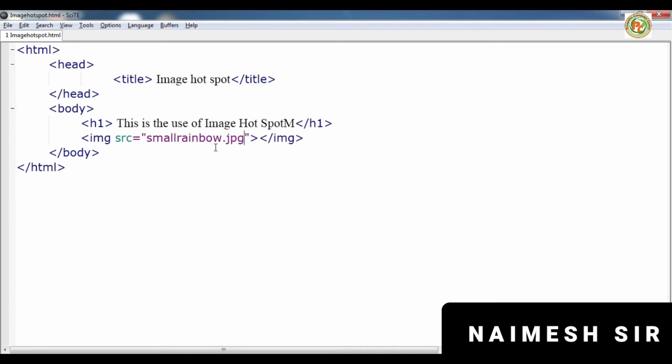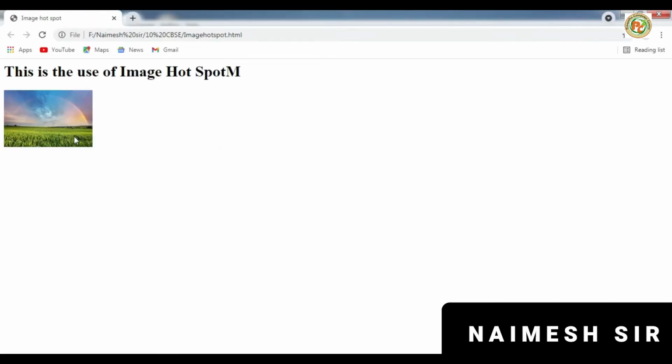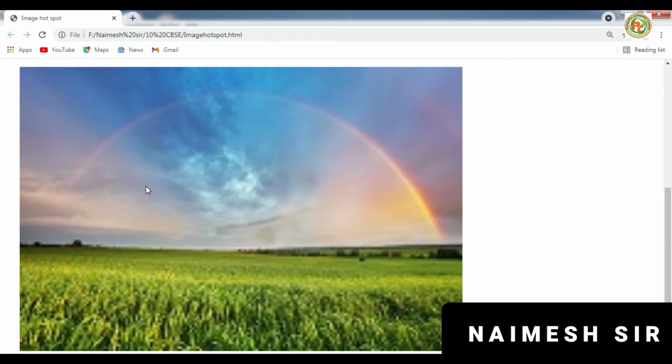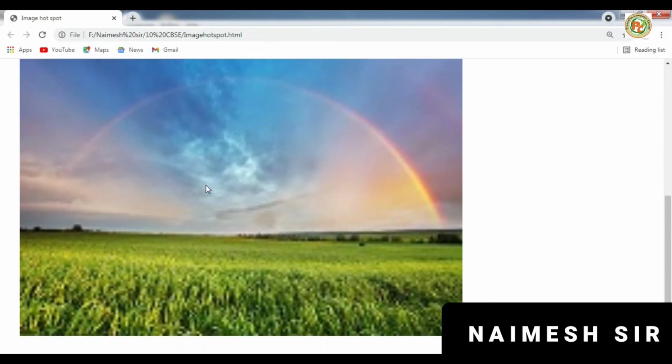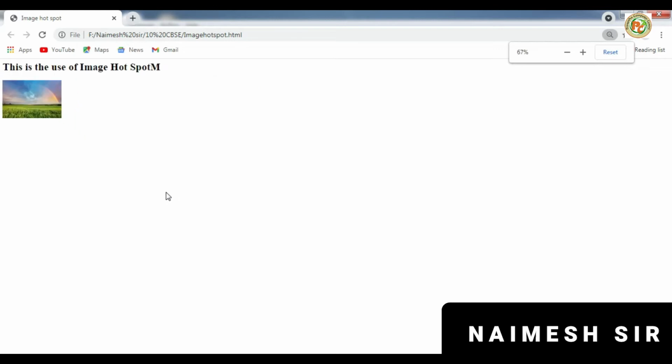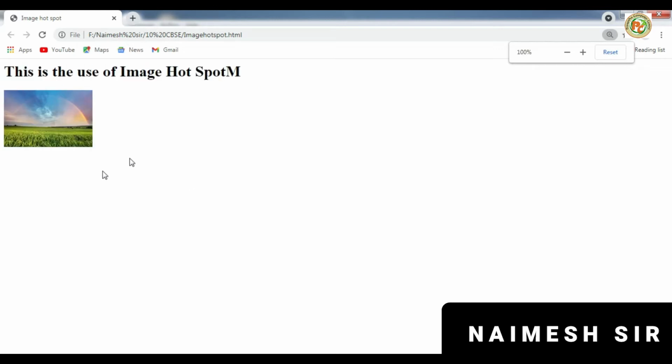Now check whether it is displaying or not. Yes, it is displaying. But what to do when we click on this? This is the small image. If we enlarge it, you can see it is not appearing properly; its resolution is going out of bounds. So for this we can give a hotspot or link on this image. When we click on this, the larger view will appear.